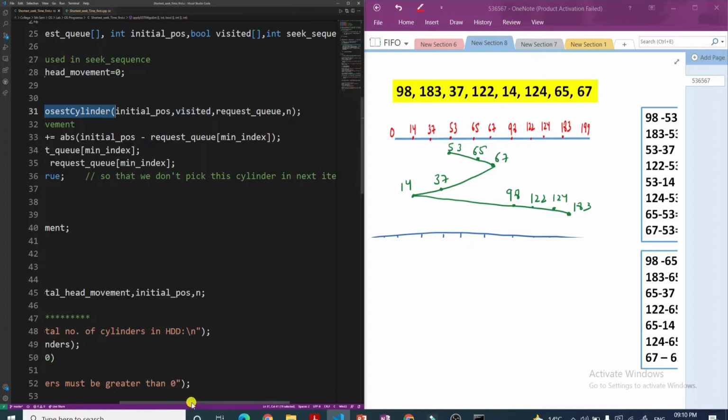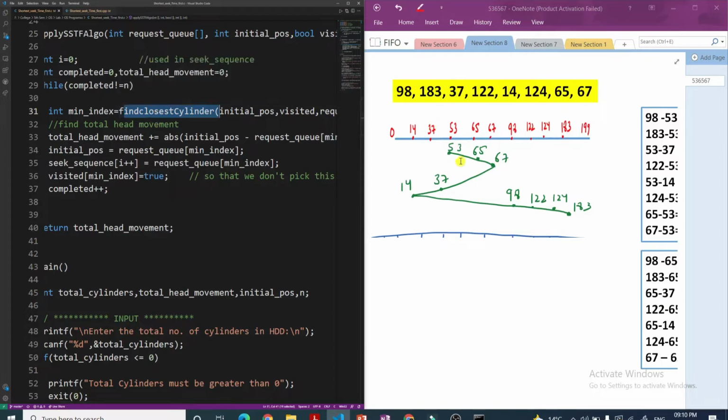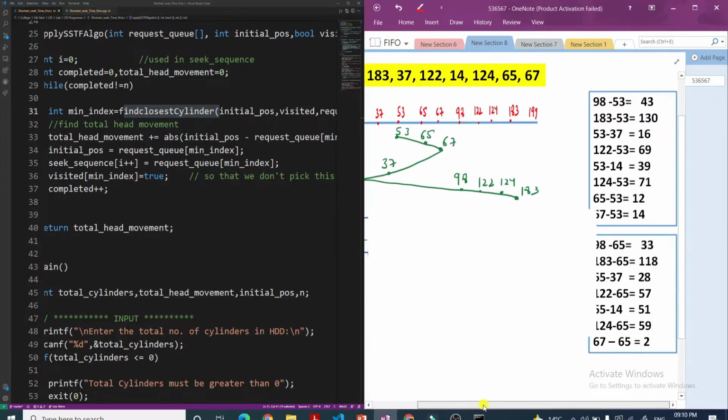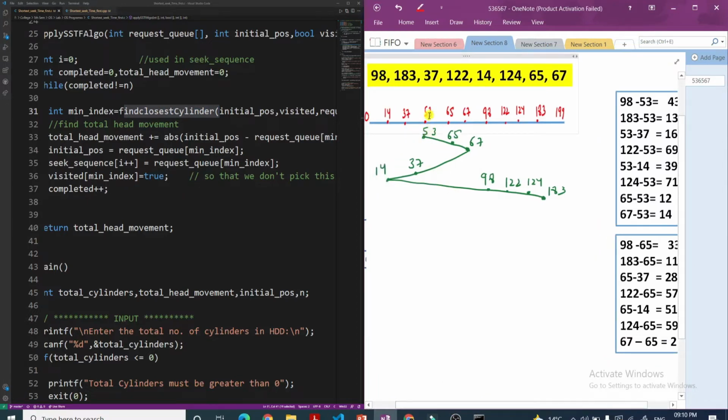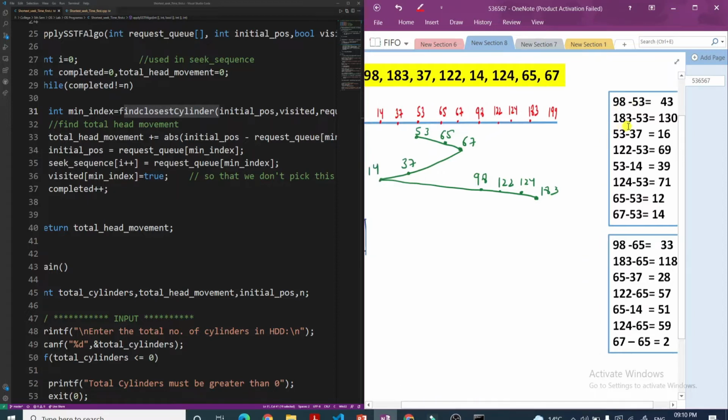This find closest cylinder will return the index of the closest cylinder, the nearest cylinder to 53. We saw this in our video also. In this example, if we find the difference from 53 to all these cylinders, these are the differences: 98 minus 53, then 183, then 37, then 122, then 14 from 53.